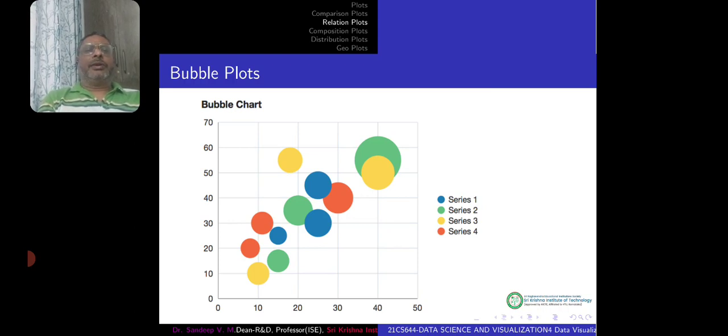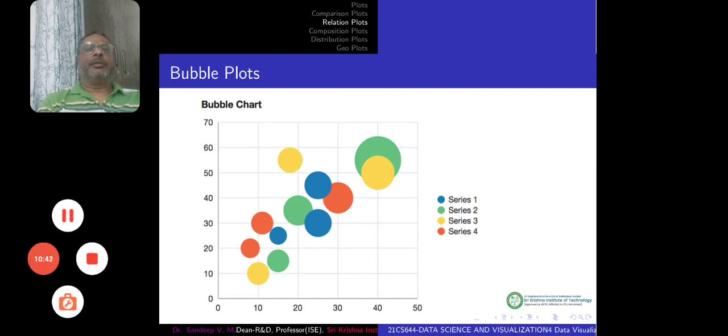So just with one bubble plot, so much information can be conveyed to the viewer. So that's the power of a bubble plot. So that's it about bubble plots. The next thing we see is what we